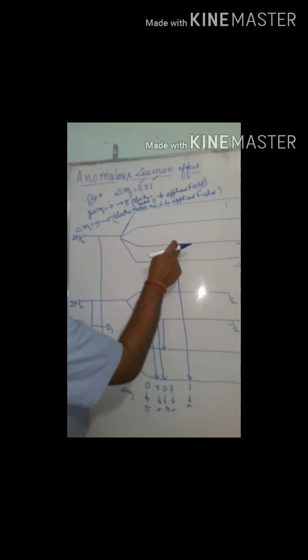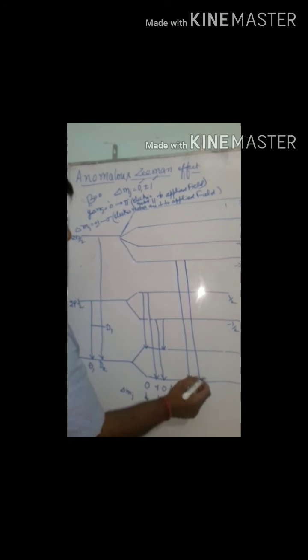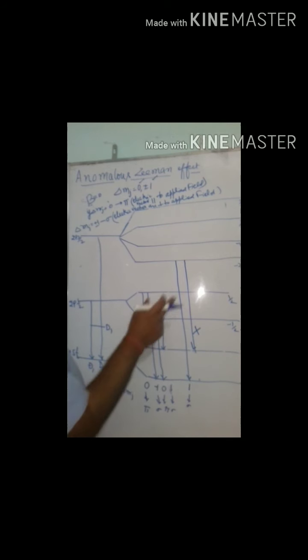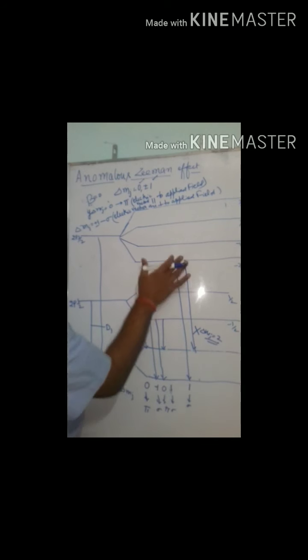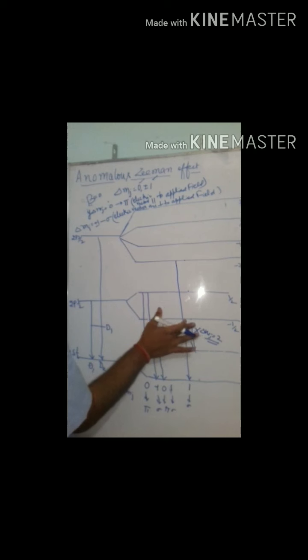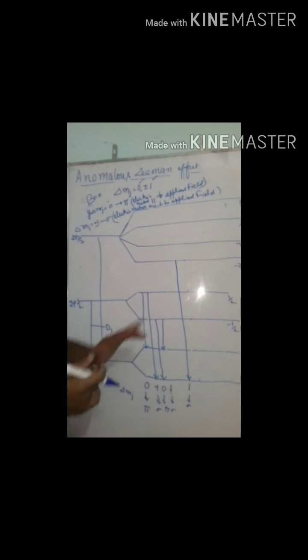Now from this, again from this to this, is this possible? Minus 3 by 2 and 1 by 2. Suppose 1 by 2 plus 3 by 2, that is 2. Delta mj comes out to be 2, which is not possible. So a transition from this state to this state is not possible, because here delta mj is equal to 2. So this transition is not possible. So I remove it. Right? This transition is not possible.